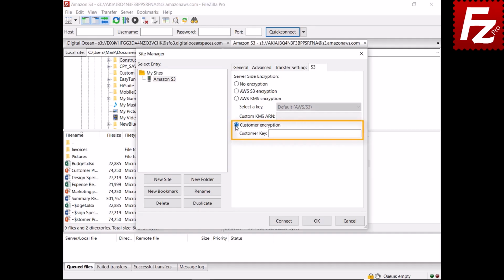It is also possible to set your own encryption key. Use this option when you want to manage the encryption key yourself. The custom key is used to encrypt the file when uploading and to decrypt when downloading. Keep in mind that if you lose or forget the encryption key, you will not be able to recover your